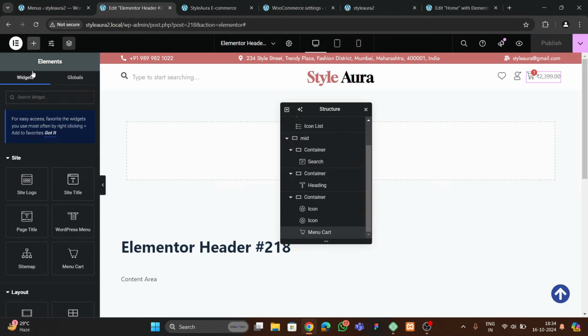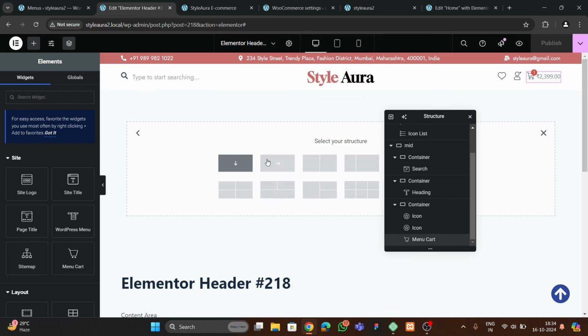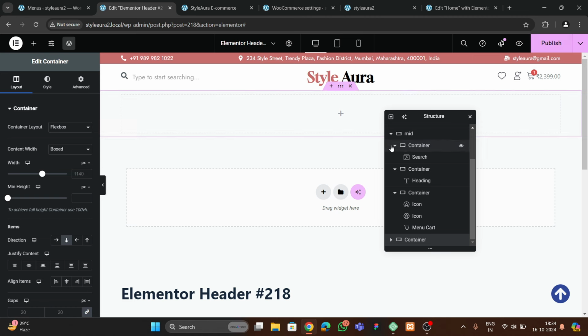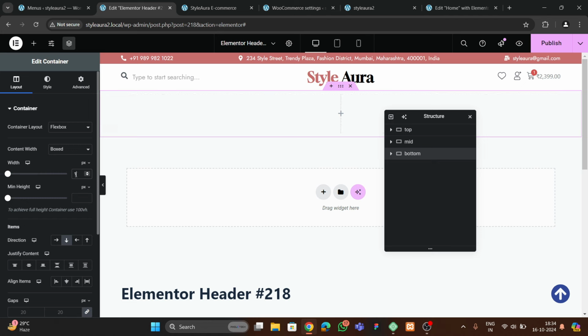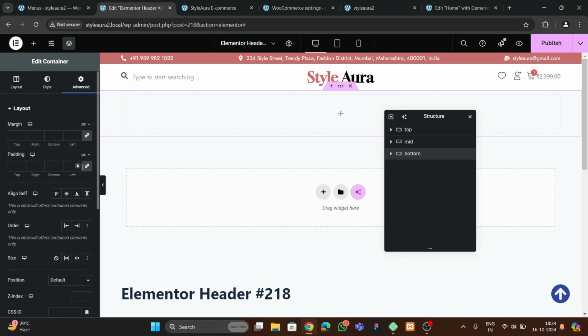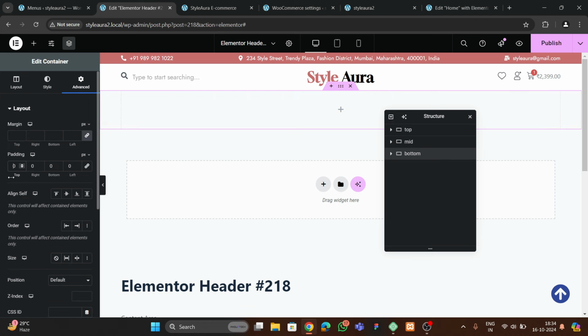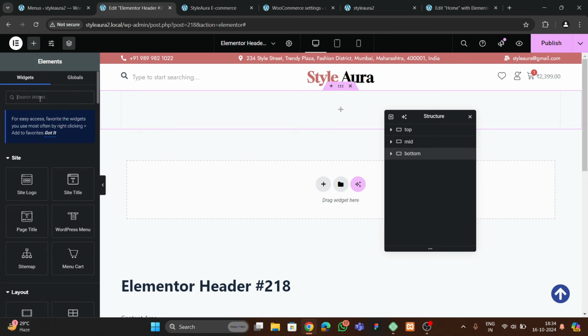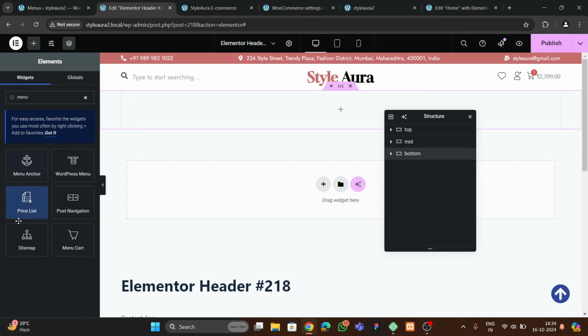Let's go to the header, and here we have to go to the widget and search for it. So first, we have to add a new container like that, and we're gonna name it bottom. Here we're gonna choose 1400 again, and we have to add 60. Okay, this is done. Now we have to search for menu, and just drag and drop this menu